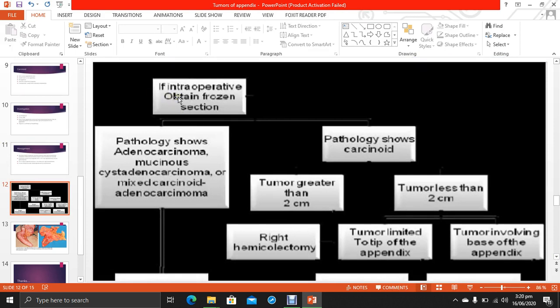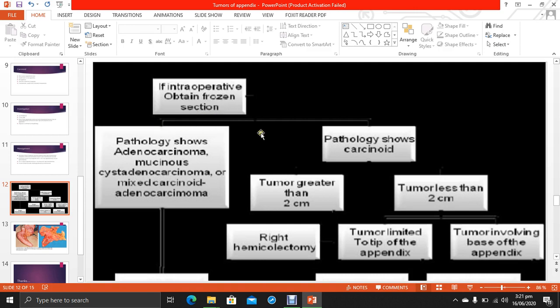Though this is not available here, intraoperatively we can have a frozen section. In a developed country, when they have suspicion of malignancy, they send an on-the-spot biopsy frozen section to the histopathology department, and they give the result within half an hour. The surgeon will have to wait till the frozen section comes.